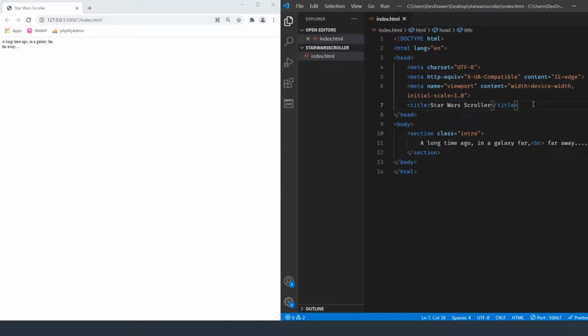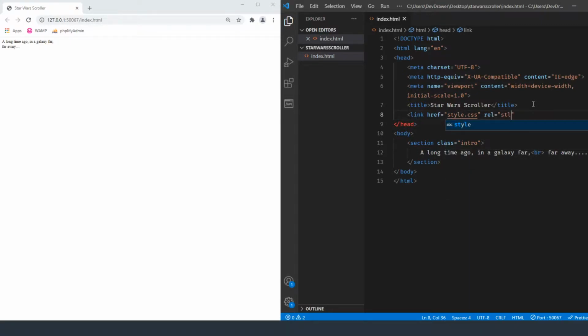So I'm going to load in a link with href equals style.css and rel equals stylesheet.